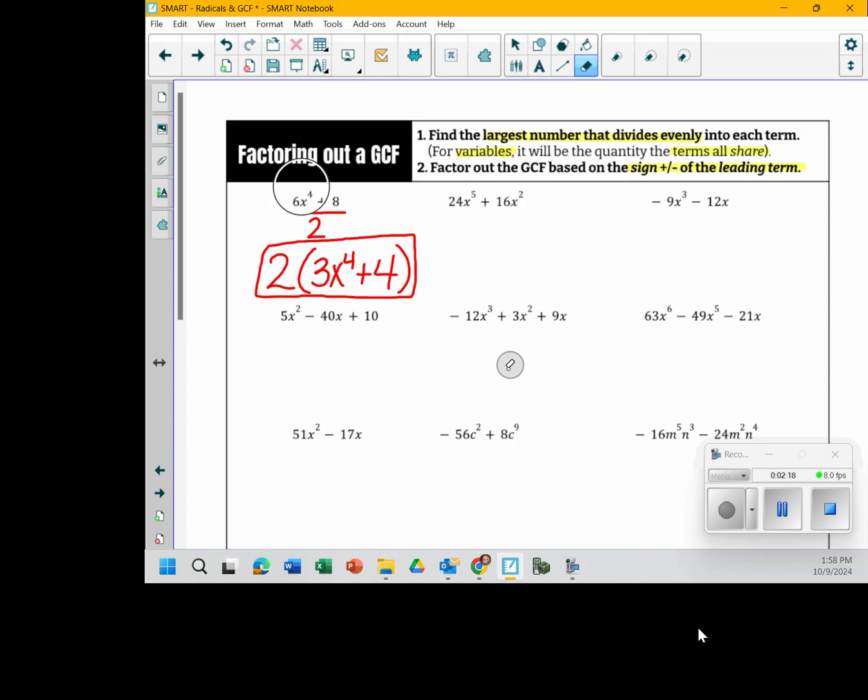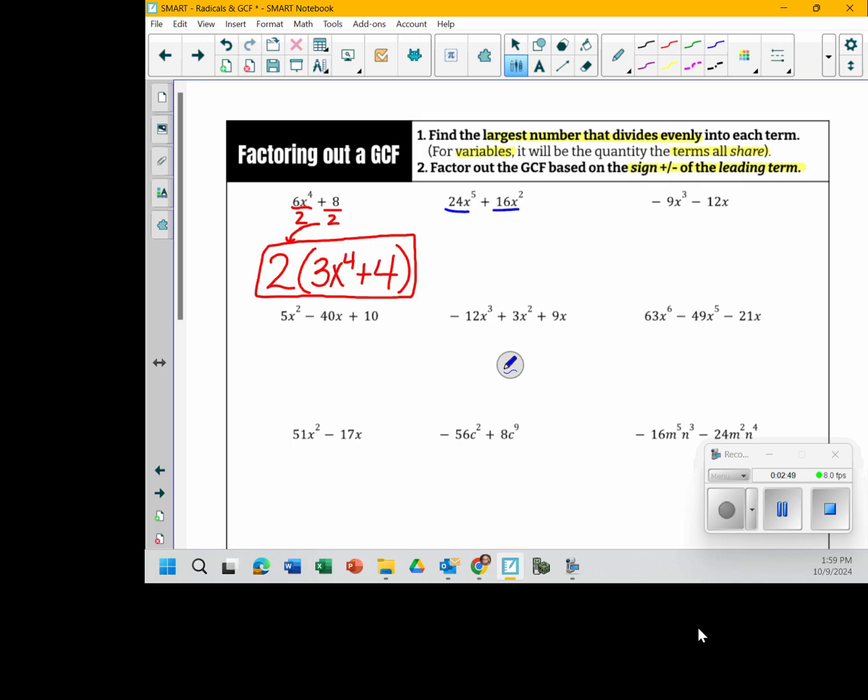Your other option to do the exact same problem, if this is easier for you visually, you can say you're bringing 2 out of each of them. You're still bringing that shared 2 out front, and then dividing each term. So some people prefer to write it under each term just because it's easier to figure out what's left inside. So if I wanted to take that approach on this next problem,